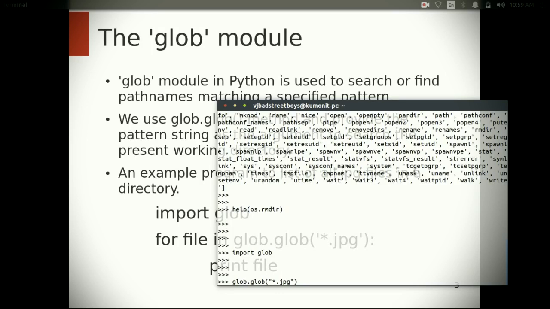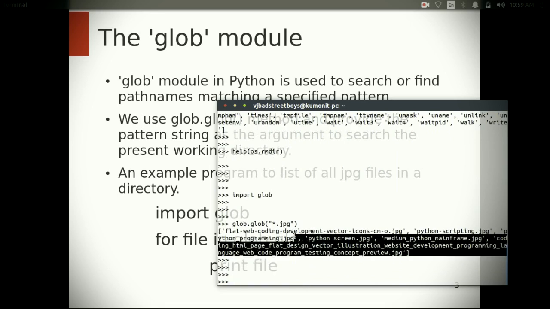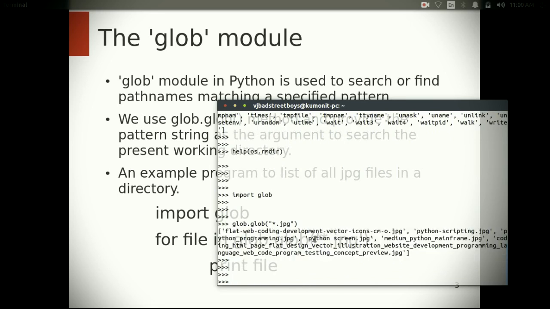So what this string means over here is, regardless of name, the asterisk means that regardless of the name, I would have an extension .jpg. So if I click enter, you would notice that it returned a list of files that end with a .jpg extension, right? So that's how the glob module comes in handy. You could list each of them using a for loop as well. Well, I would use for item in